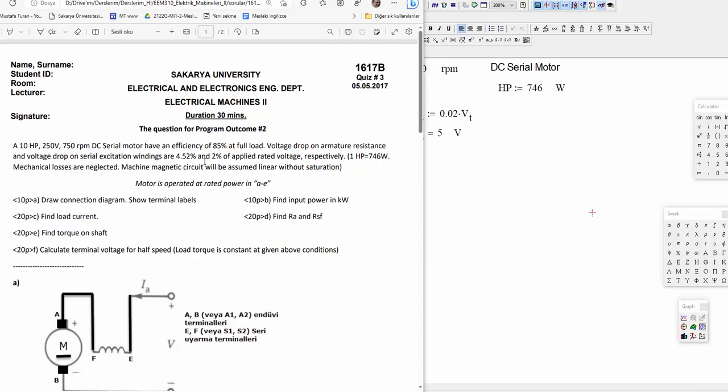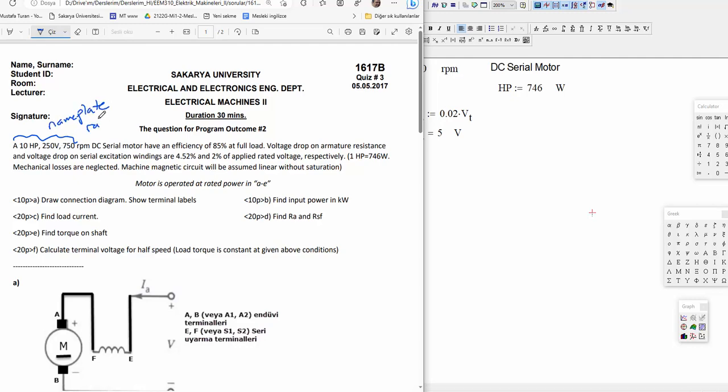Let's solve an old quiz question. First read and take note. At 10 HP, 250 volts, 750 RPM DC serial motor. You should know that this information belongs to the nameplate